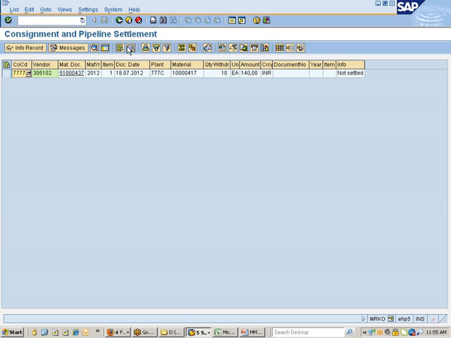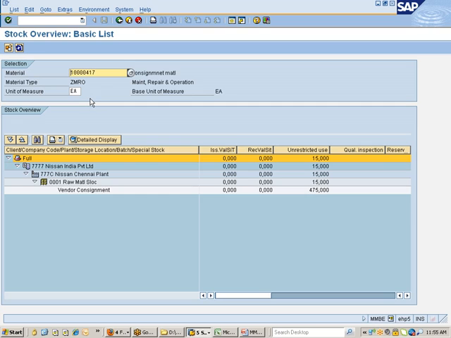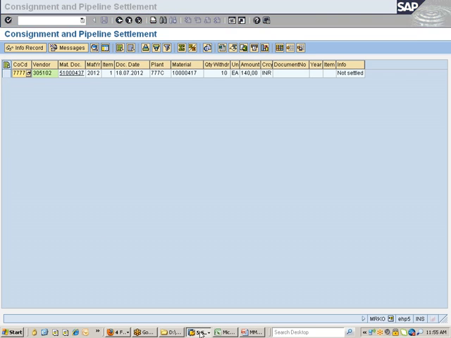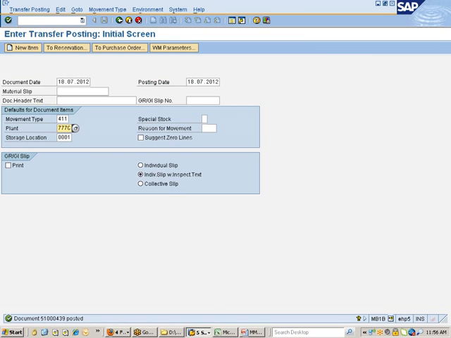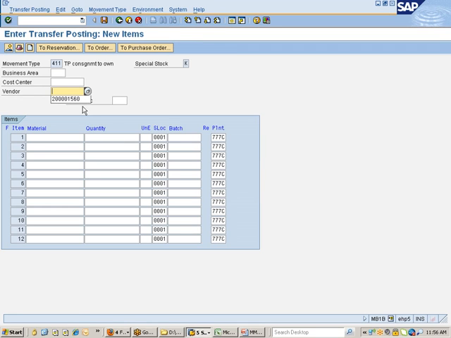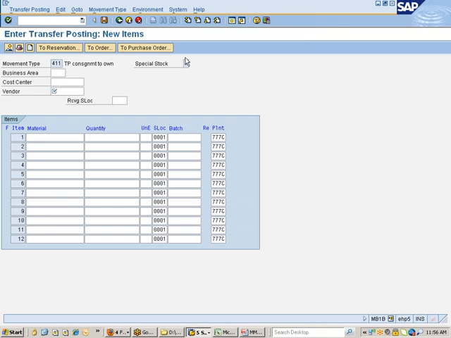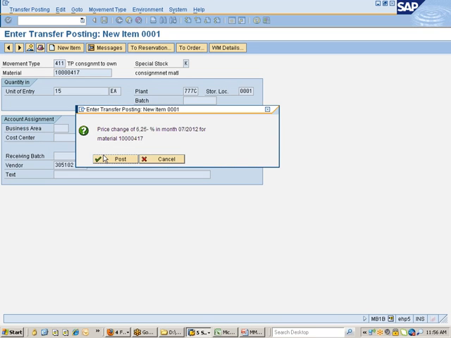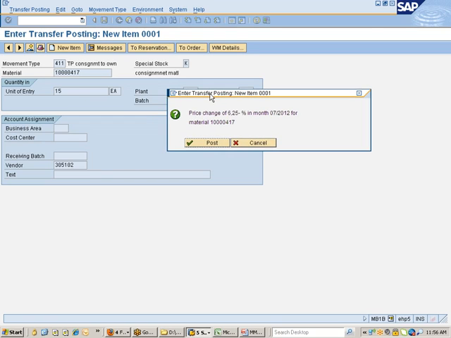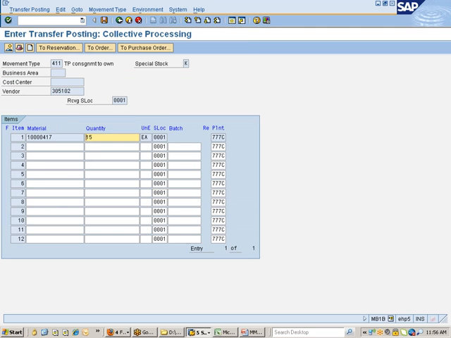Okay, before that, let me do goods transfer posting once again, this time from Radhika. Okay, same thing, same way I can do. This time it is Radhika I wanted to go with. Okay, I wanted to show you what we call the cumulative value, cumulative sum, right? So that's the reason I go with this. Okay, so